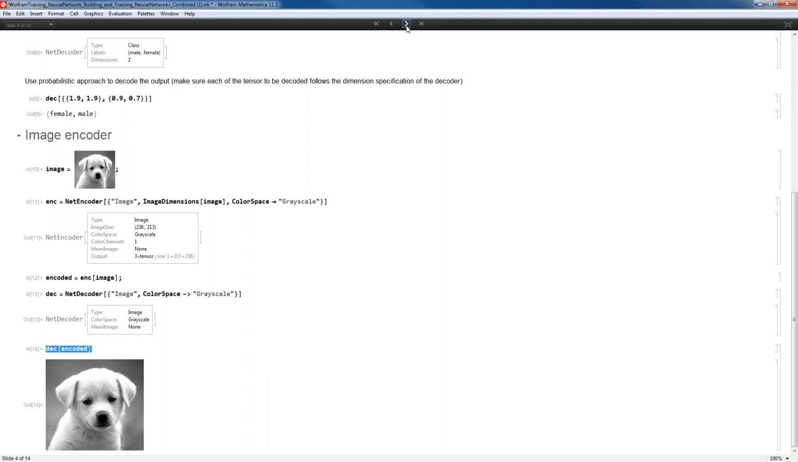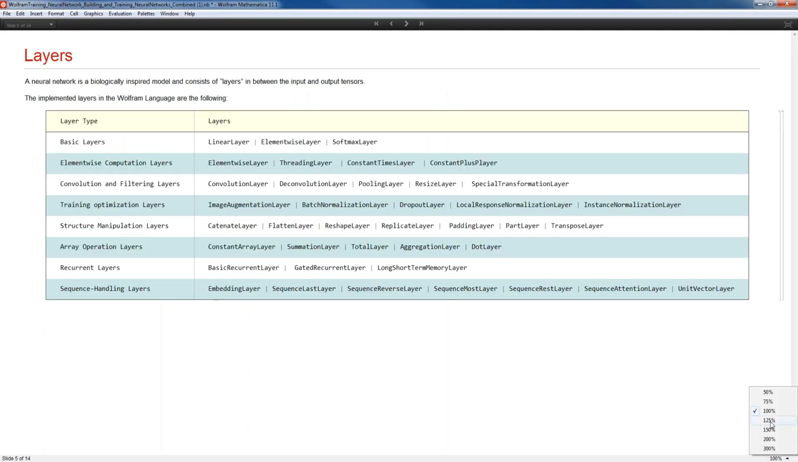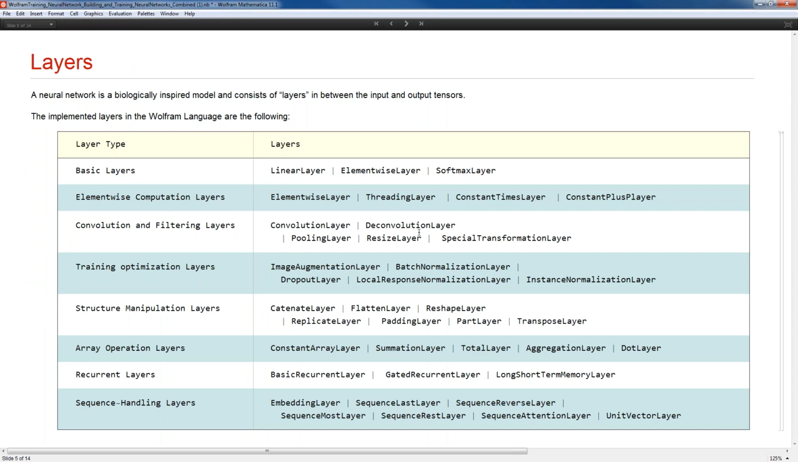So let's go ahead and see the different layers which are present in the Wolfram language. Here is the table of all the layers which we have till 11.1. The first three are the basic layers, and the second are the element-wise computation layers. These are the types of layers and the corresponding layers that we have in the Wolfram language. We will go ahead and describe a few of these layers, the layers that we will use in the networks